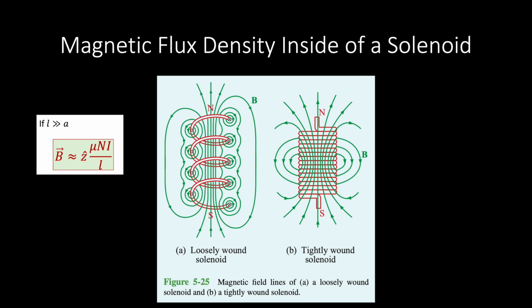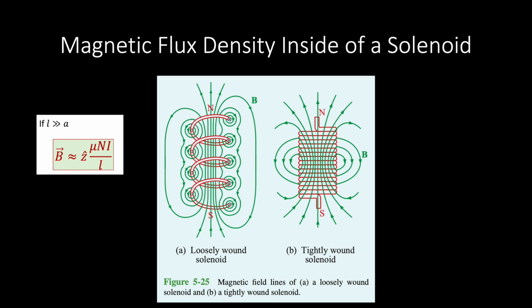From the equation, we may acknowledge that the magnetic flux density shares a negative relationship with the length of the solenoid, but shares a positive relationship with the amount of current flowing through the solenoid and the number of turns used to wind the conductor into the shape of the solenoid. Therefore, it is clear that a short, tightly wound solenoid would have a greater magnetic flux density than a long,